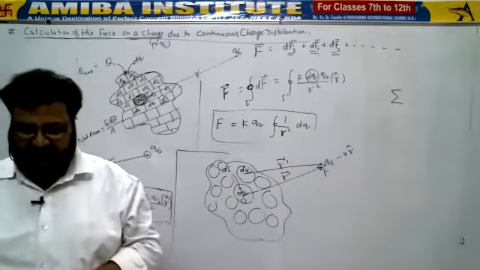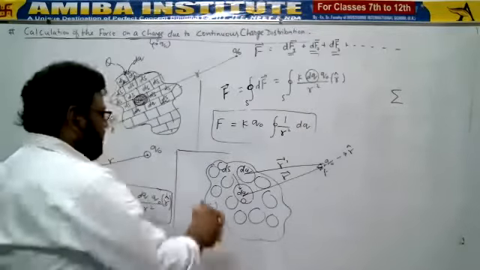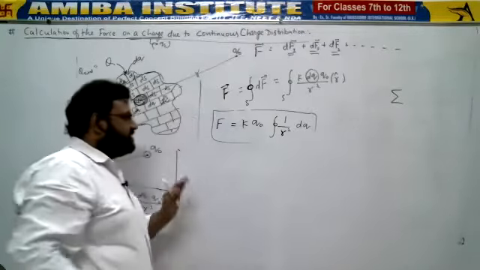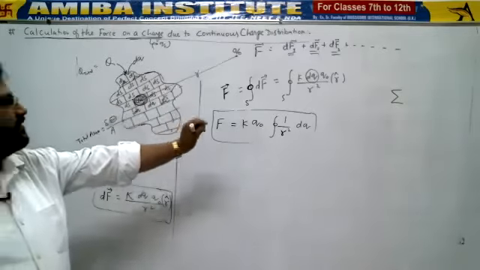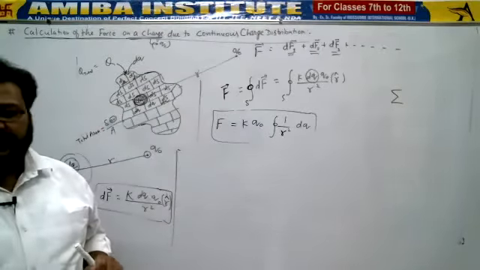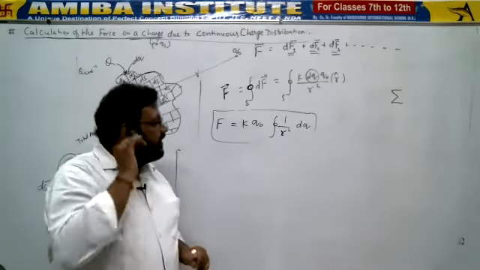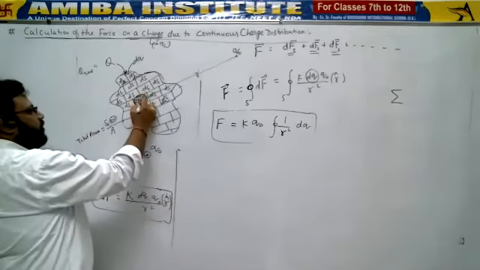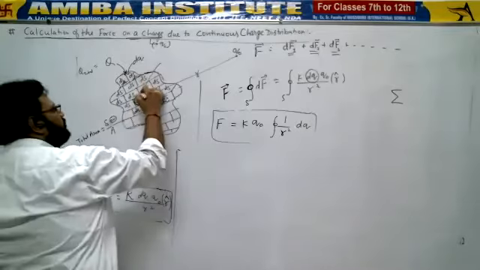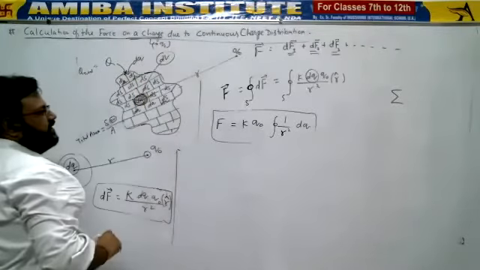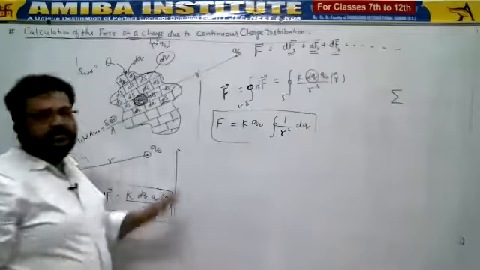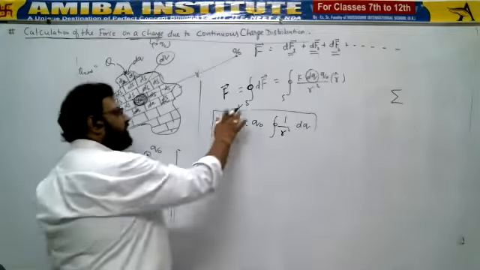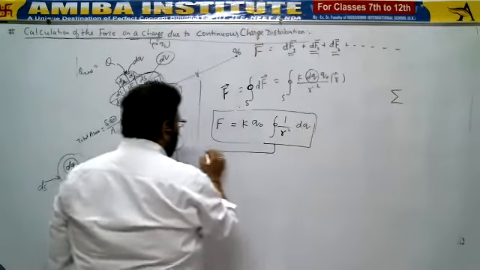So we have considered this dq. Now I need to replace it. How am I going to replace it? See carefully. This is the basic step for any kind of distribution, whether it's a linear distribution, a surface distribution, or a volume distribution. This is the basic concept. If you want, you may consider it as a volume. It doesn't matter, dq charge is contained in dv volume. Instead of s, I'll just substitute v. Everything till now will be the same.